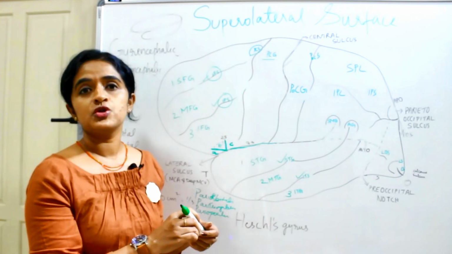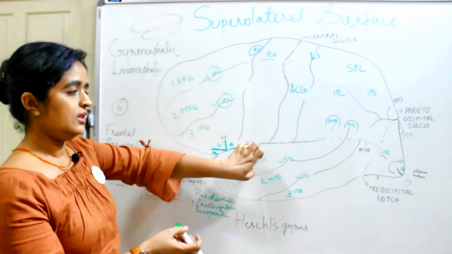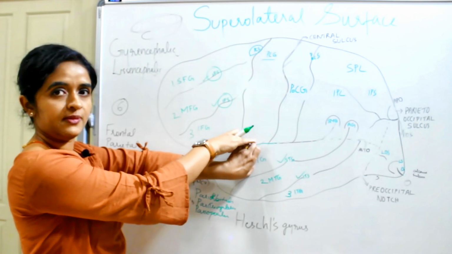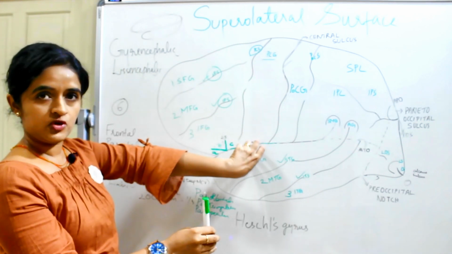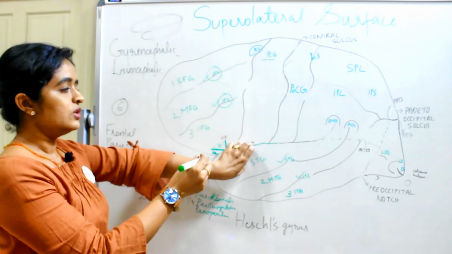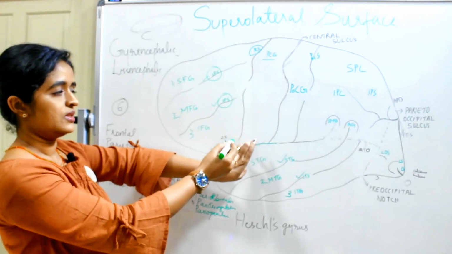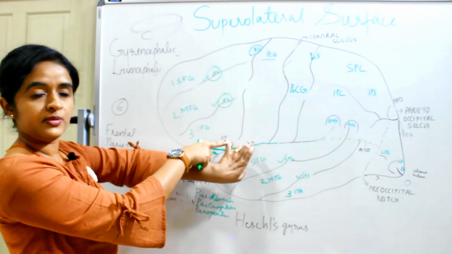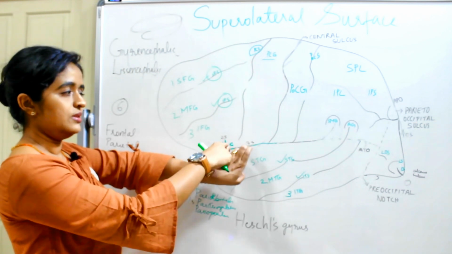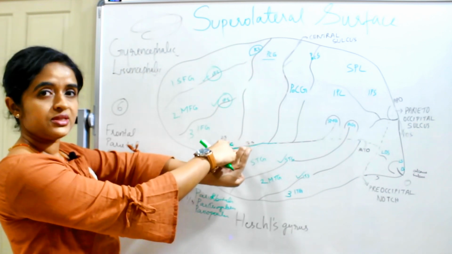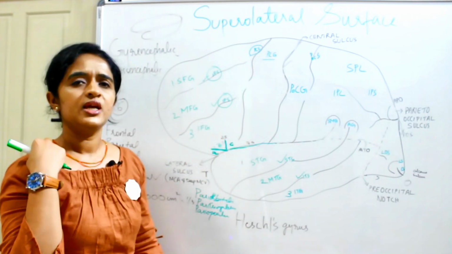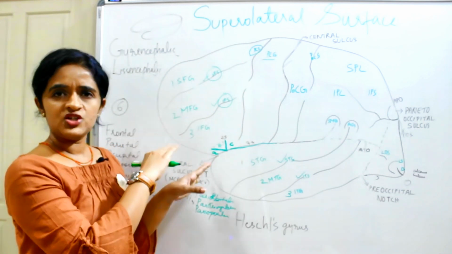One important thing which you should remember here is, if you see the temporal gyri like this, the superior temporal gyri like this, there is a superior surface for the temporal gyrus, isn't it? You imagine this as a projection. There is a superior surface. My fingers in this region can be considered as a superior surface. So there are two projections in the superior surface. The anterior projection, you call it the anterior temporal gyrus, and the posterior projection you call it the posterior temporal gyrus. Since this is transversely seen, you can call it the anterior transverse temporal gyrus and posterior transverse temporal gyrus. What's the importance of this? Why am I stressing the anterior and posterior?